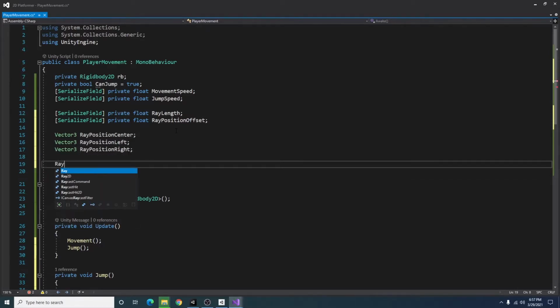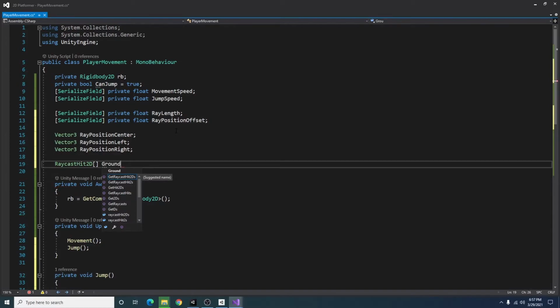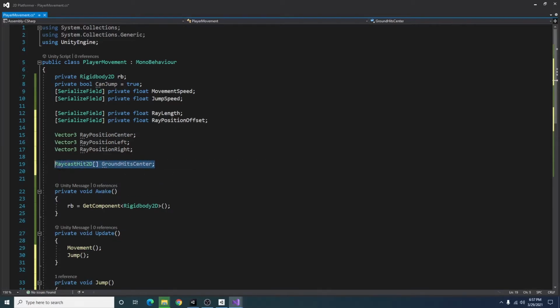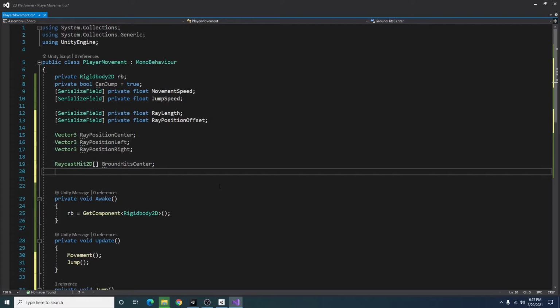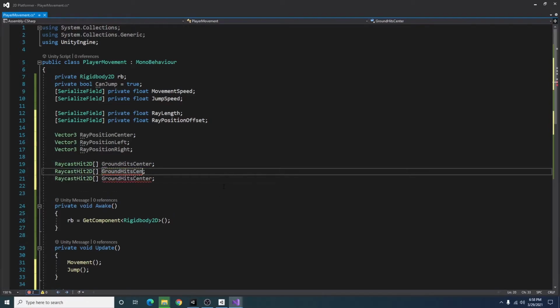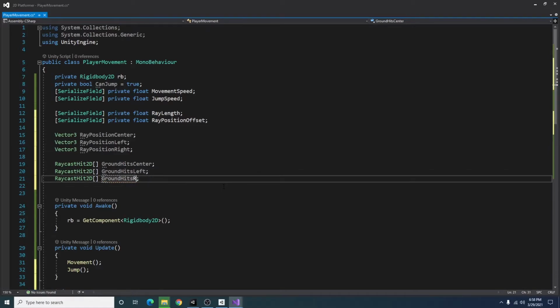I'm going to define a RaycastHit2D array and call that ground hits center. And what we can do for that is also just copy and paste it. And we can call this ground hits left, ground hits right,